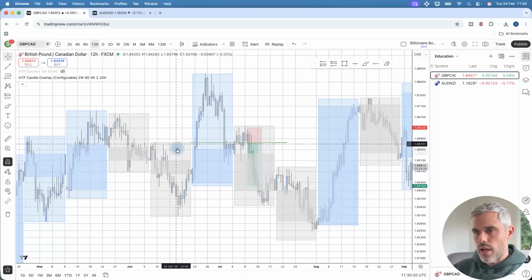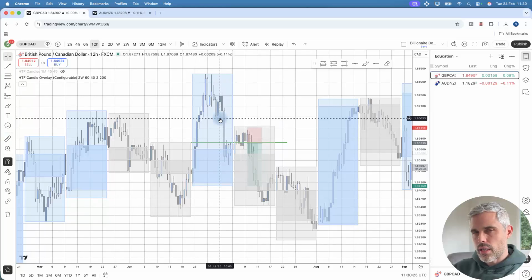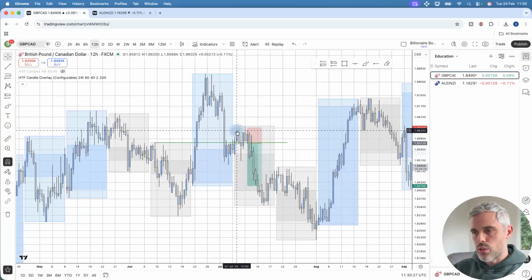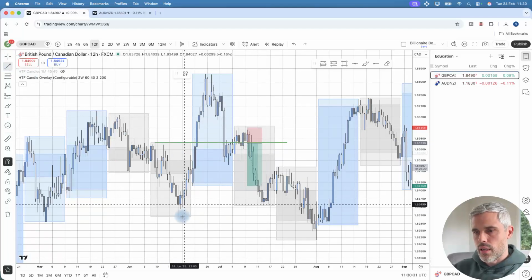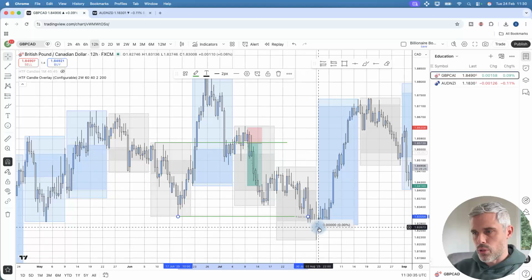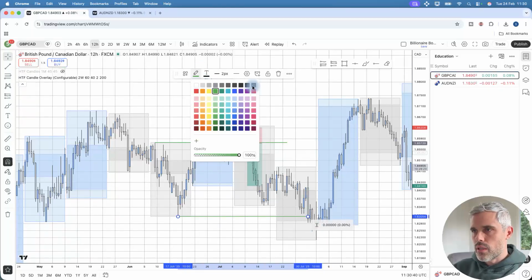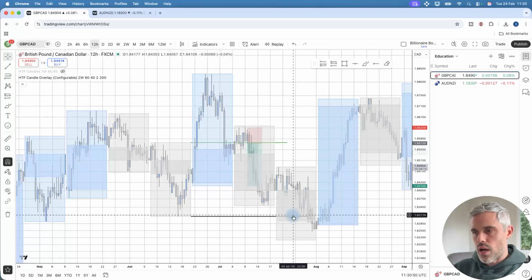What this means is that we have accumulation, now a manipulation candle, and the next expectation for price is to dump to where? The low of the candle that has been manipulated. This is classic accumulation, manipulation, and distribution. So this now becomes our target. So at this point here, when we start to get this corrective retrace, what are we looking for? Our order block, because this is the sign the price is now ready to move towards our higher time frame